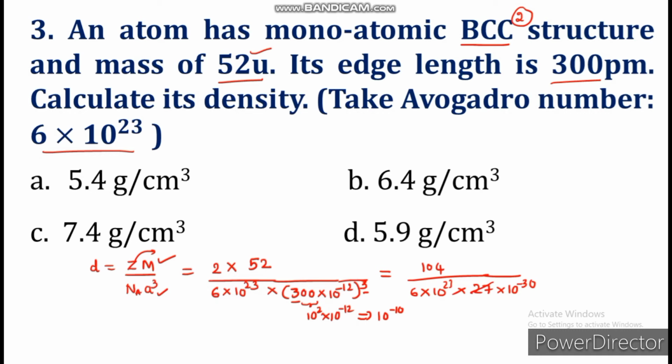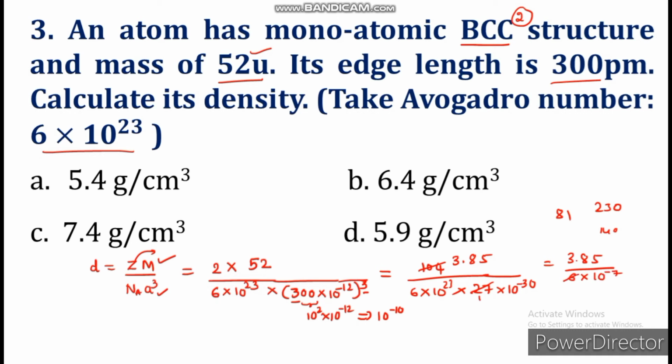Now if you simplify, 27 ones are 27, 27 threes are 81. How much is left? 23 left. Now if I keep the point, it becomes 230. 27 eights are 216, you're left with 14. If I take 0, 27 fives are 135. So you get 3.85. Here you can see 3.85, divided by, you get 6 into 10 to the power minus 7.